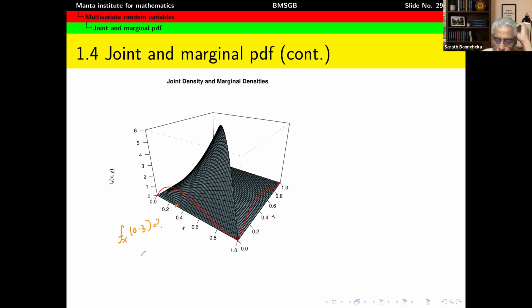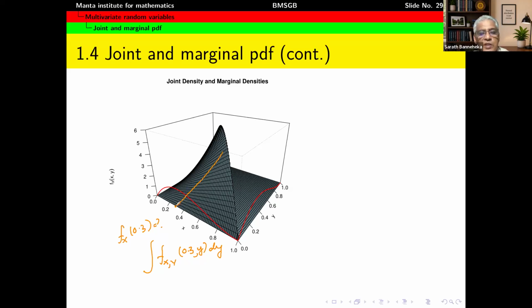Right. So what I have to do is, as I explained earlier, integrate the joint density function fxy at point (0.3, y) with respect to y, right? If you want fx in general, you consider the joint density function at (x, y). But what I want is fx at 0.3. So in that case, I have to consider the integral of fxy(0.3, y) dy. So what is this fxy(0.3, y)? That is actually